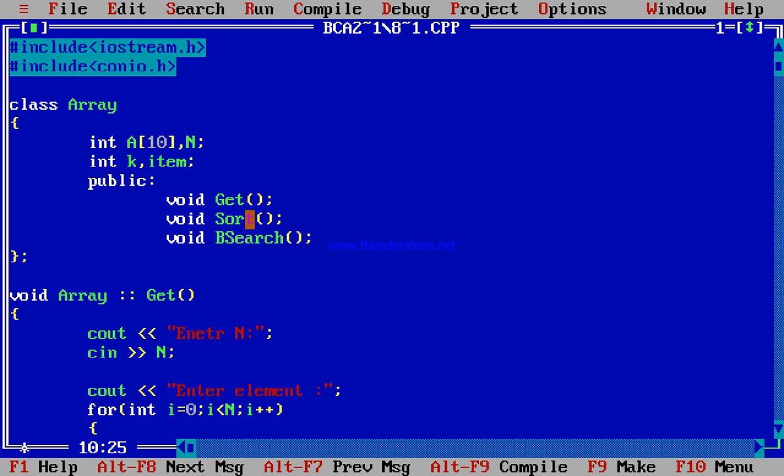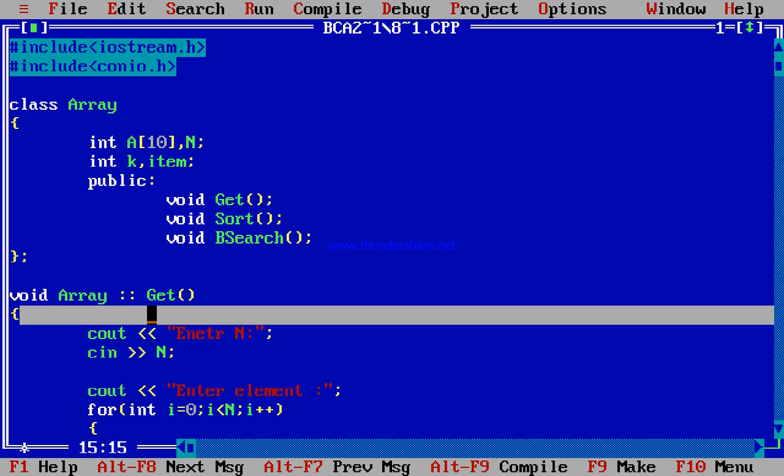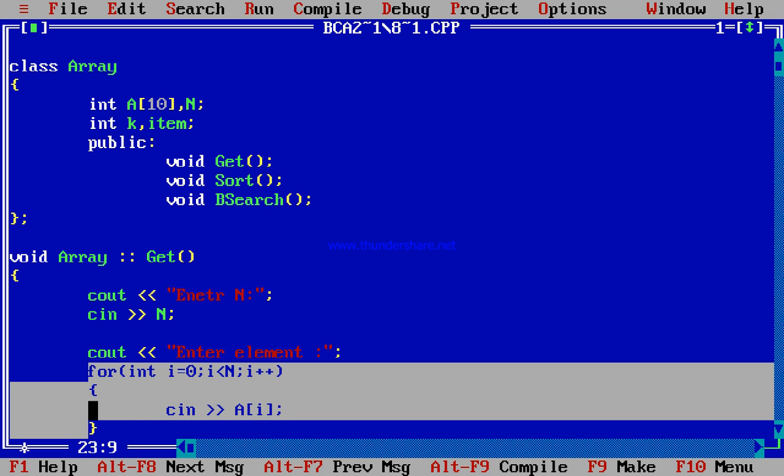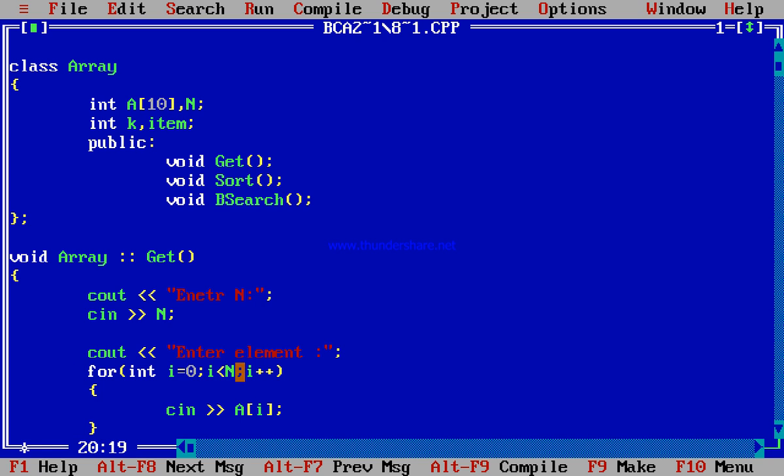In the get function we take one number from the user which denotes the number of elements in the array, and for entering the array we take one for loop in which we can enter the array one by one. Here you can see that the array runs from 0 to n. This n means the number entered by the user here.